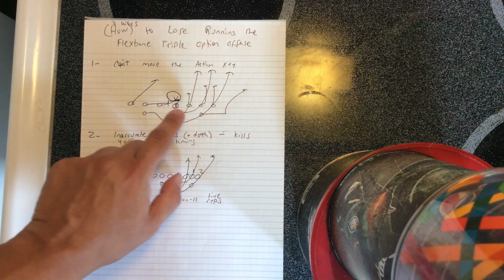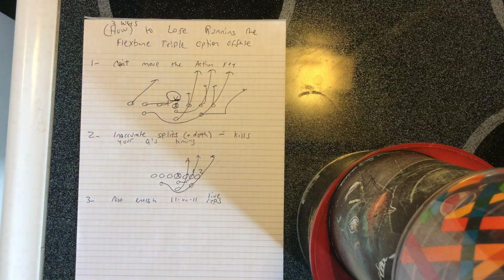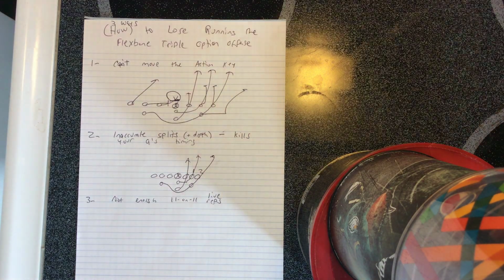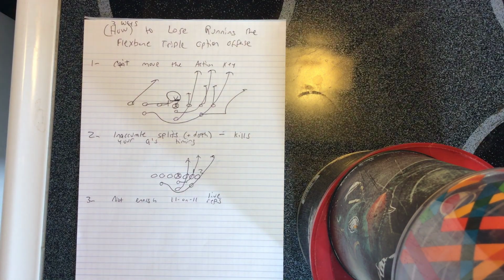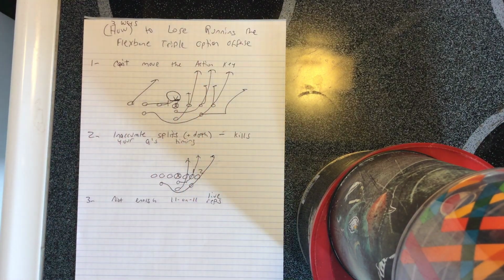The splits have to be 3.5 feet. 3 3/4 is better than 3.49 feet. There's got to be 3.5 feet, especially in high school, because your quarterback's eyes, hands, and motor skills aren't as developed as college. They have to have the read at least 2 yards from the tackle at the snap so they can read